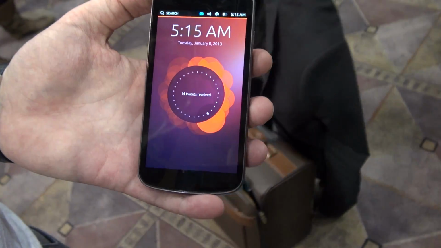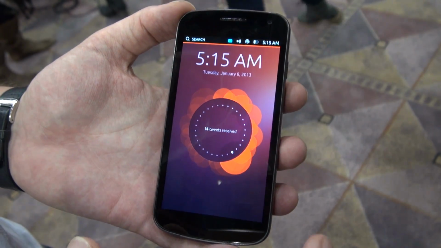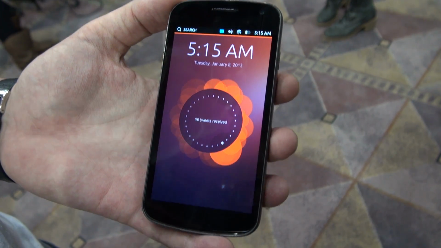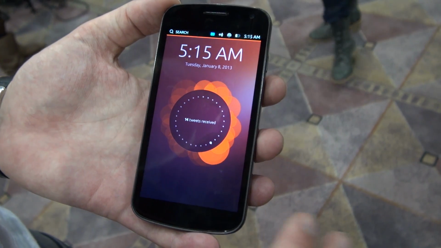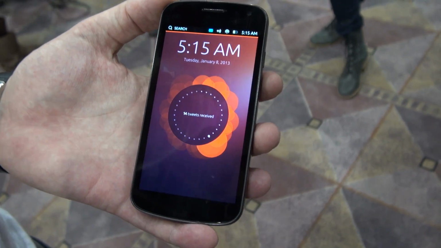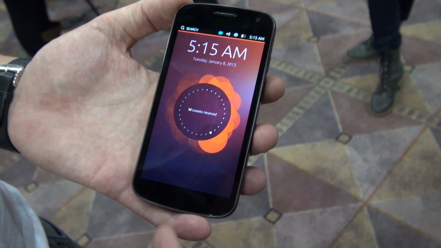So what you see over here is a welcome screen, and it has a very nice, beautiful visualization of your personal data. For example, today I received 14 tweets, yesterday a little bit less, and it creates a very nice visualization of my personal data over the last month. So it will be a very unique feature for every person, giving a very personal touch to the